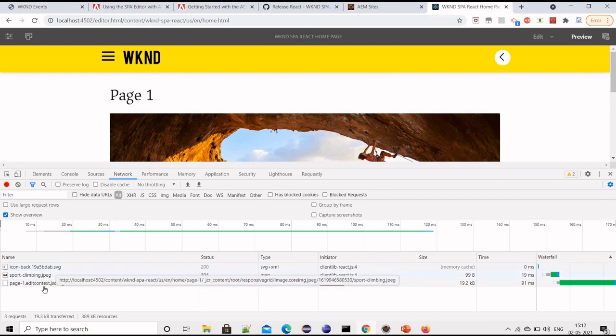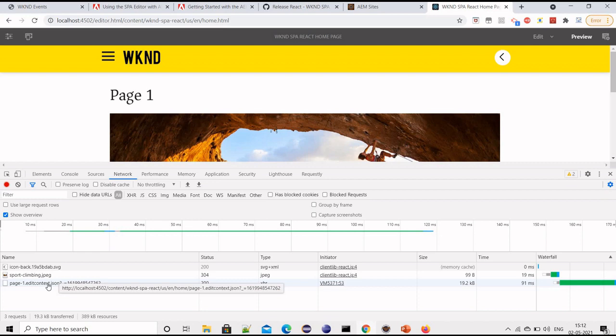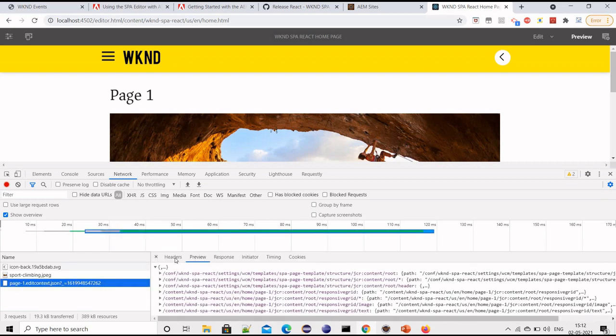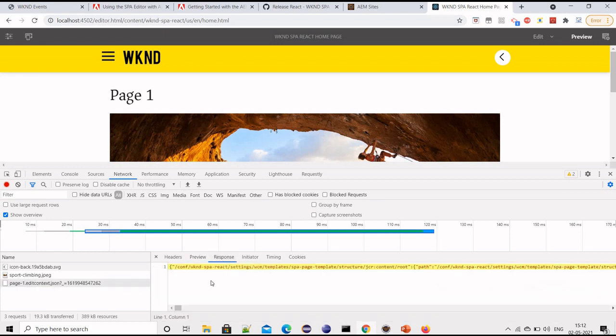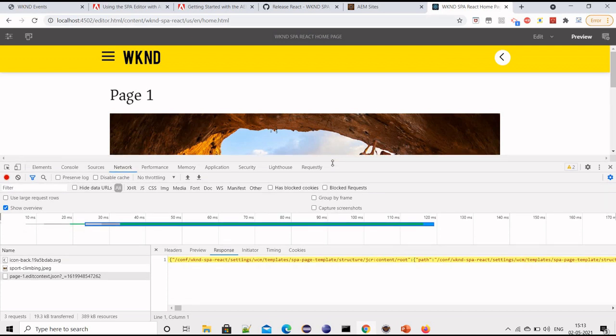Two are for images, and the third is the page call. The very first one is calling home/page1.edit.context.json. If we see the response, it is in JSON form. So we are not fetching the page as a whole, but fetching the properties of that page as JSON data. That's how we are saving page load time.